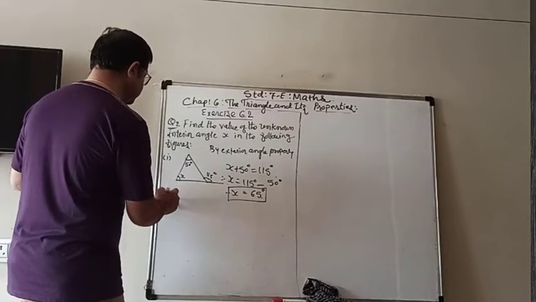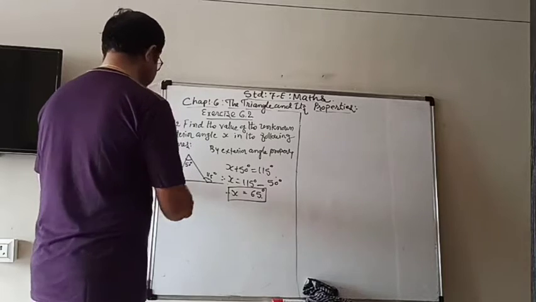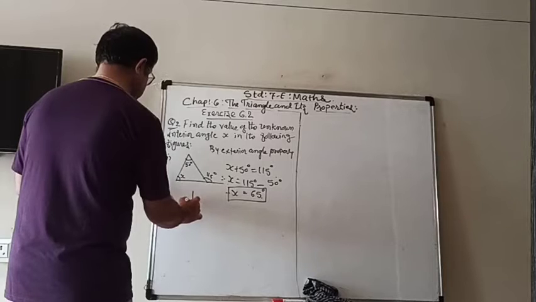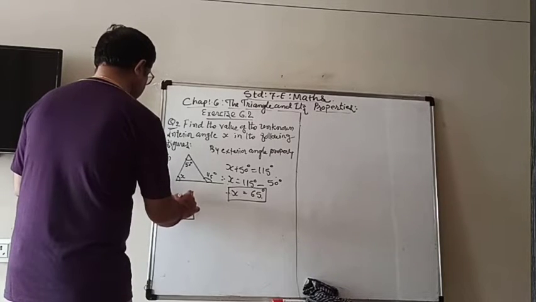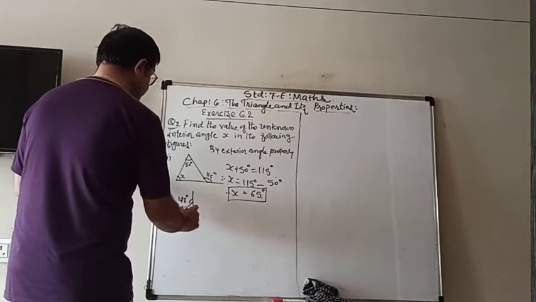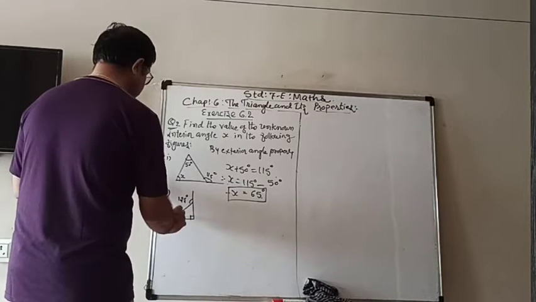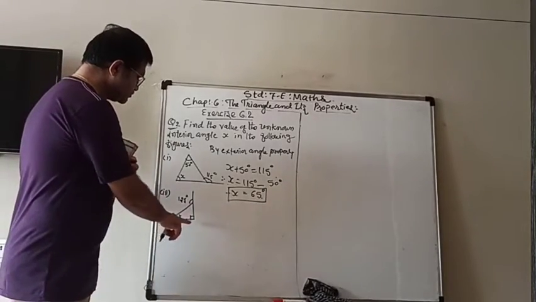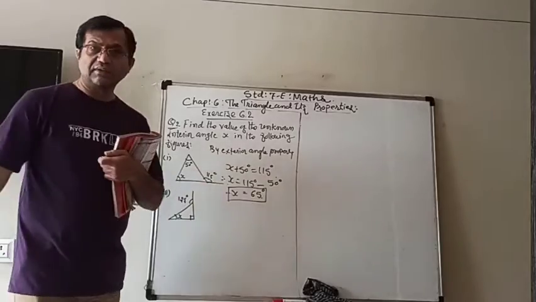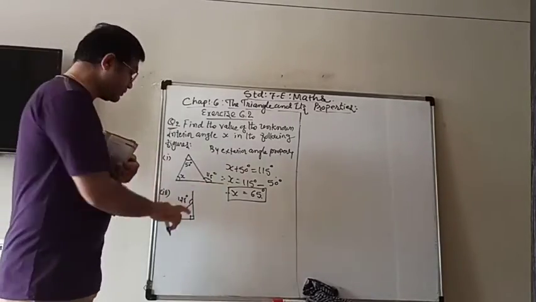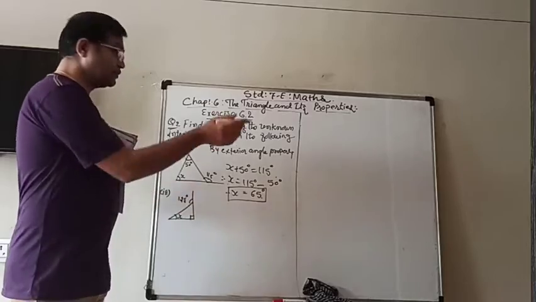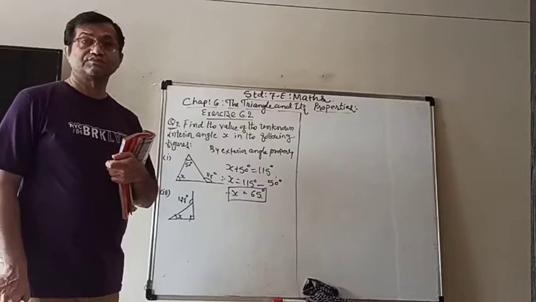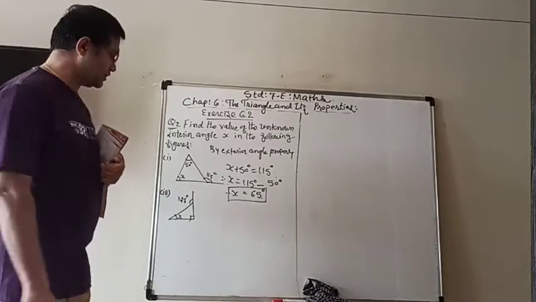Second one, let's take the third one. Third one is 125 degree and x. How can we find it, because none of them are given? It should be the sum of this, but this is also unknown, and that is only due one. But you know what this sign stands for? It stands for 90 degree, right?